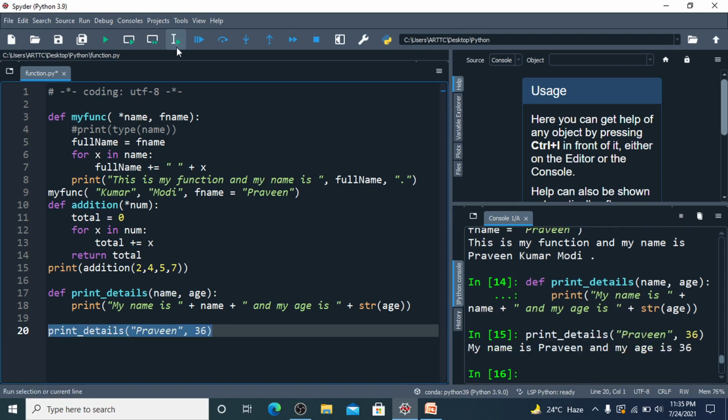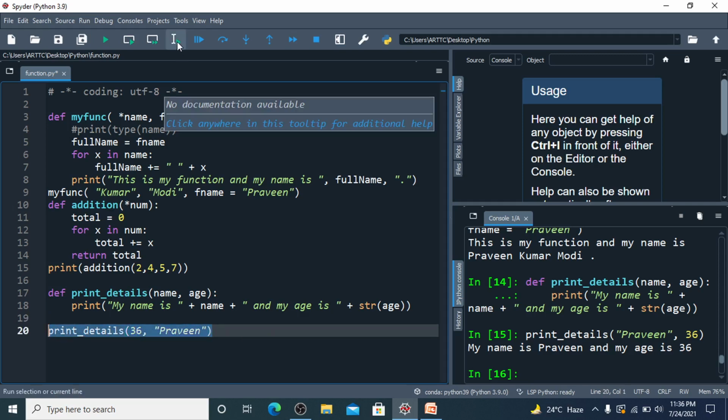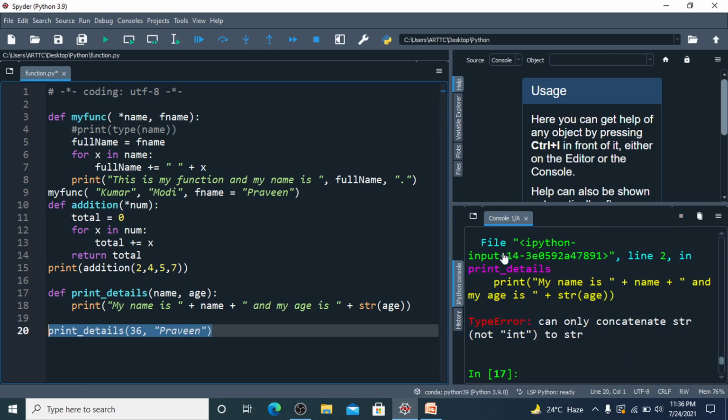It is printing. What if I don't know the sequence or position of the arguments? So what will happen? I will just change the position. And if I try to execute this print underscore details function, it is throwing error. Why is it throwing error?